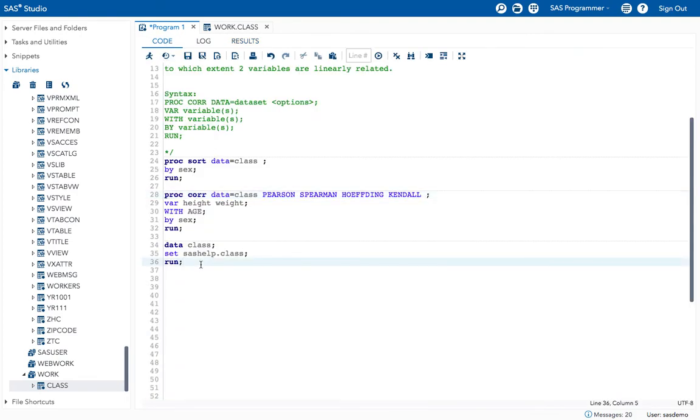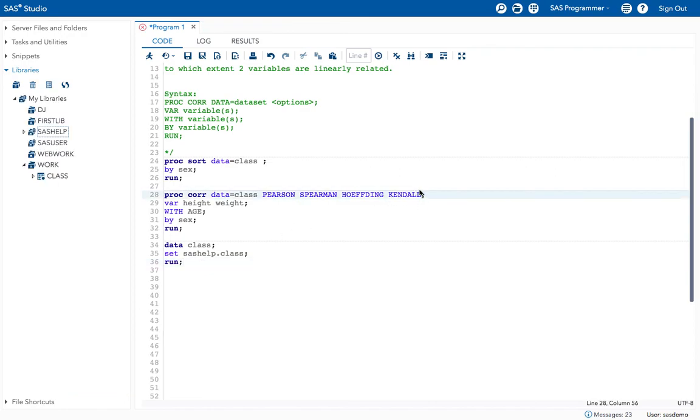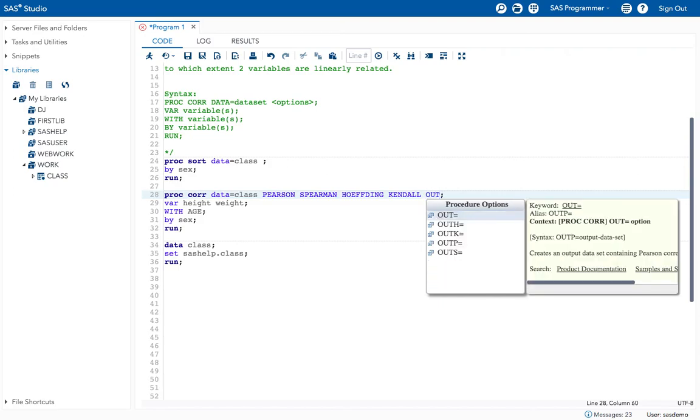By giving the OUT option, okay. So mention the OUT option in your PROC CORR step to print this data in your output dataset, okay. See here, for example, if you want to print this Hoeffding dataset, then you can give OUTH equal to.